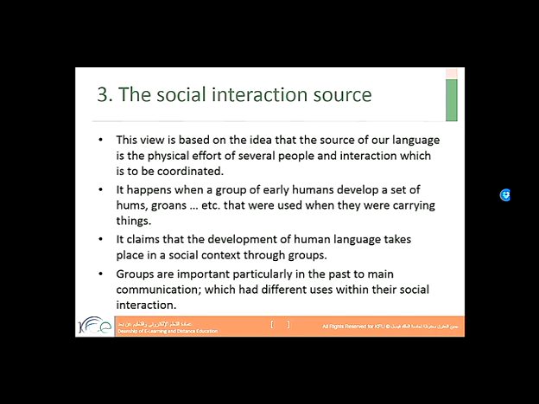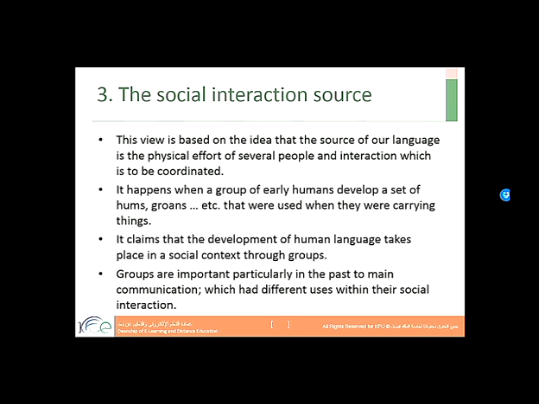It happens when a group of early humans develop a set of hums or groans that were used when they were carrying things. It claims that the development of human language takes place in a social context through groups, as I have just mentioned. So groups are very important in the learning process of language.